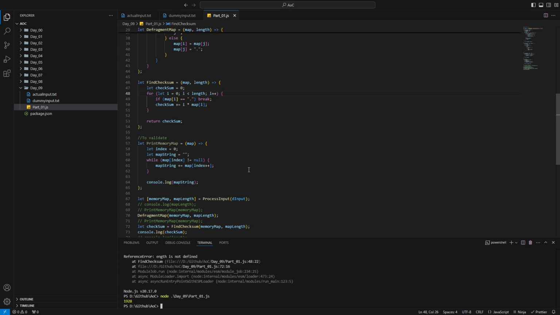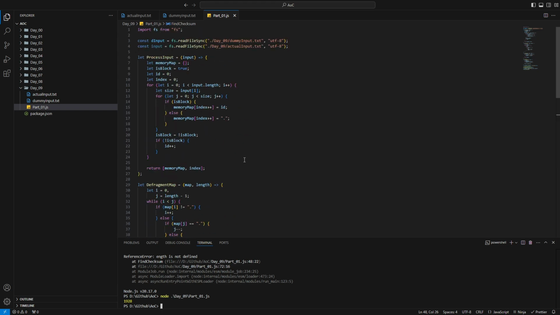Okay, so we've got the code here. What we're doing is processing the input, and this time we are not doing the usual processing. We are going directly to what was required of us. We are making a memory map, and why is also something that I'll have to explain. So suppose we have 1, 2, 3, 4, 5. In this case, it's easy because we have one block of memory and 2 free spaces, then 3 blocks of memory and 4 free spaces,